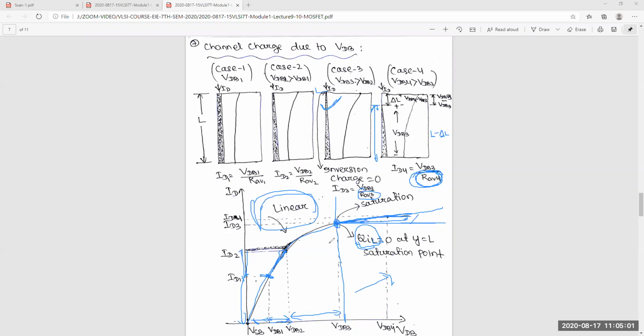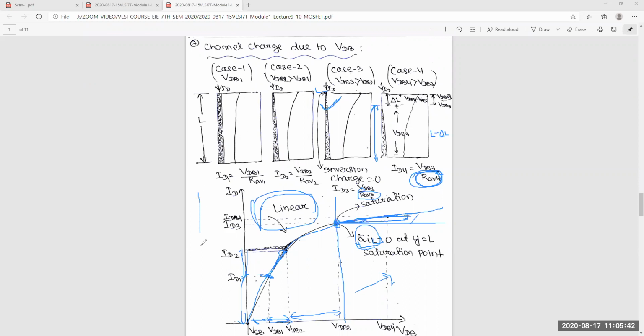So I expect everyone understood this pictorial view related to that curve also. Sir, I had a doubt about that R average thing. Sir, this R average is because of the electrons in the channel. Like if the electrons are decreasing because of the VD increasing, that is why R is decreasing.